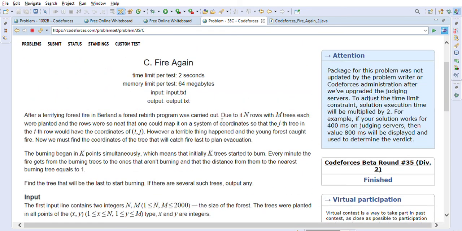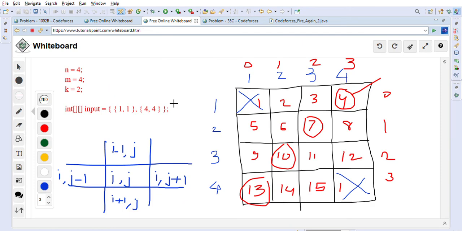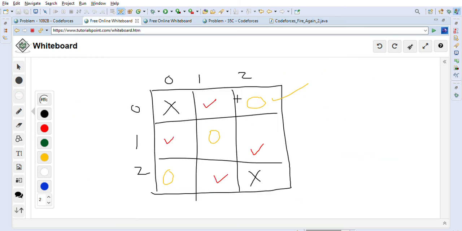What we have done is we have used BFS and a queue to solve this problem. We are simulating the burning of the trees in the forest by adding them into the queue, and then we are expanding it like a BFS, right? So it will expand, and just as we have seen here, it will expand in all four directions, right?